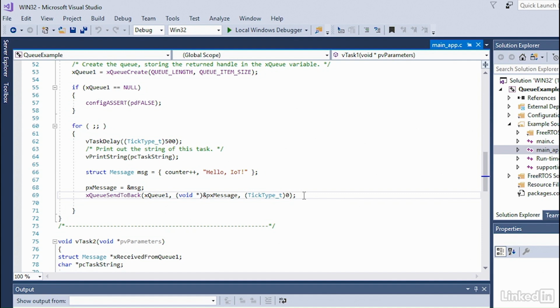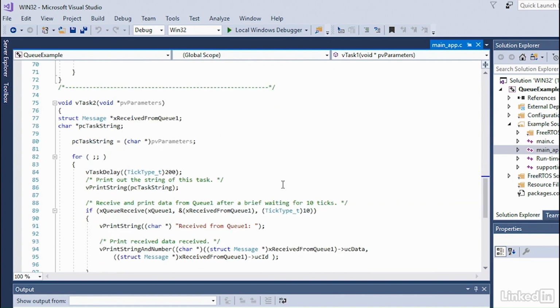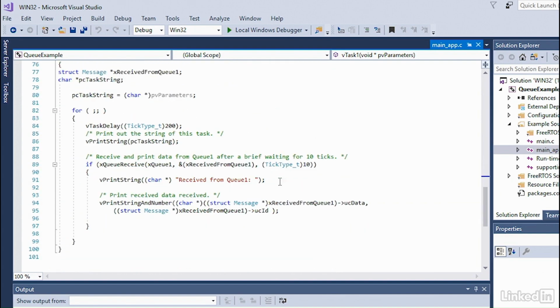Let's see how to retrieve the message in the queue from task 2 using the API function called xQueueReceive. In line 89, we use the API function and pass the queue handle to the first parameter, followed by the buffer defined in line 77, where the message item in the queue will be copied to. The third parameter